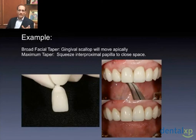What we have is a situation where the papilla have not grown into the space. We have good adequate soft tissue here of a thick biotype, and it actually does need to be pushed or guided to a position to help support it and then close those triangles. So in a situation like this, we're using a broad taper on our provisional interproximally to help push and support the papilla from below. And we're also using a little bit broad facial profile, because if you notice the gingival